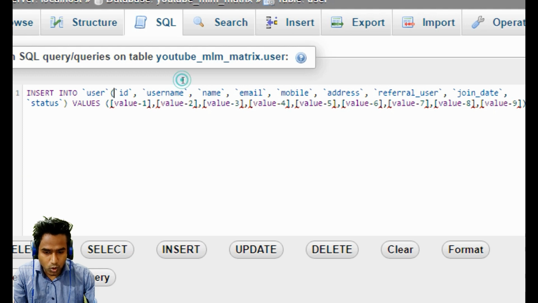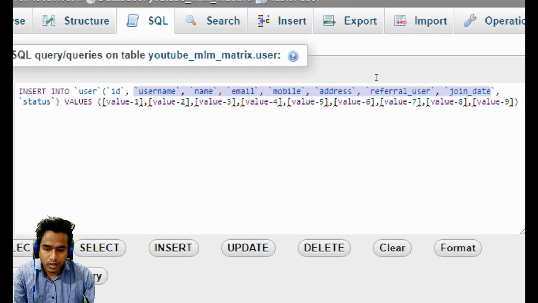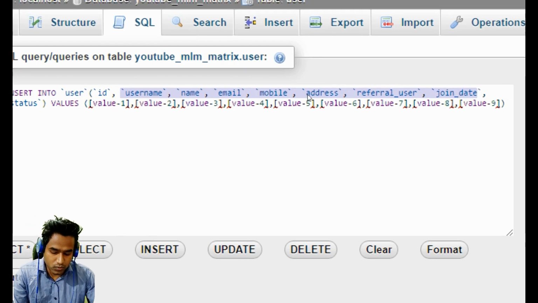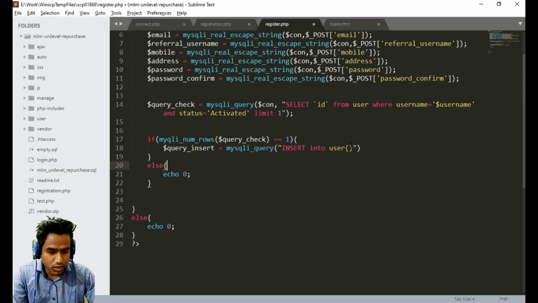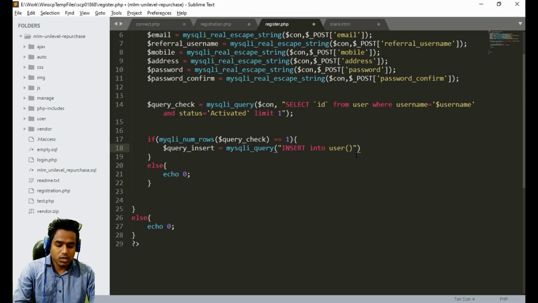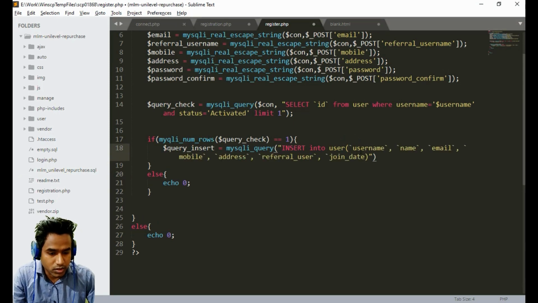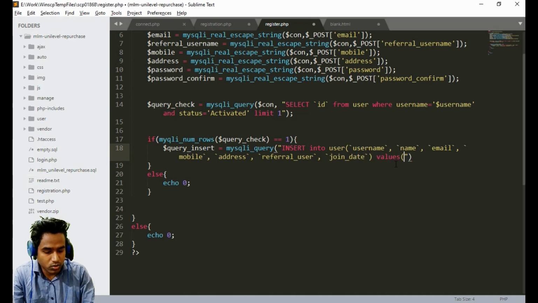Just copy from username to join date, and put it here: insert into user, and here are the columns: username, name, email, mobile, address, referral user, and join date. And just insert the values,